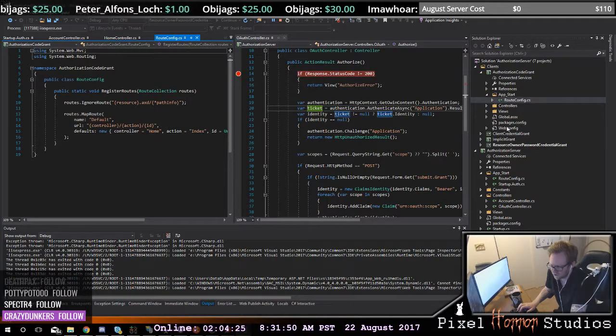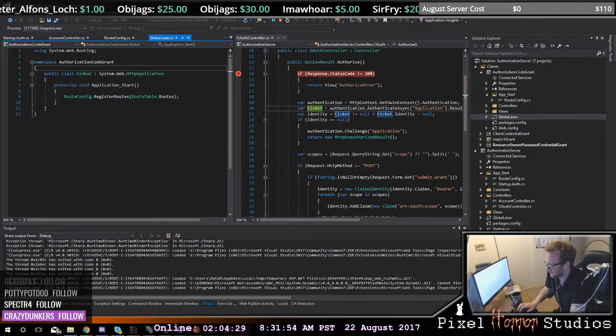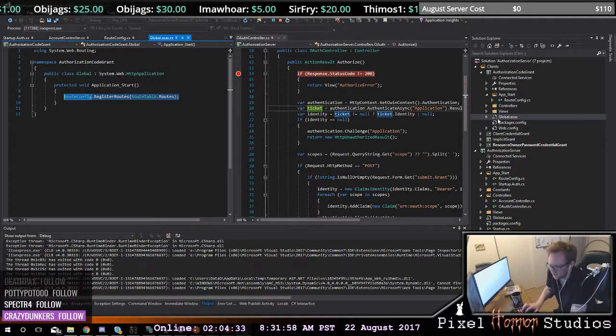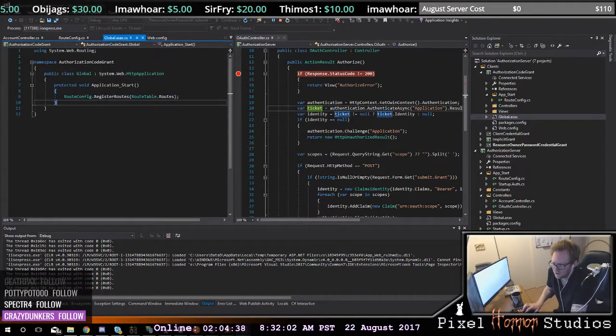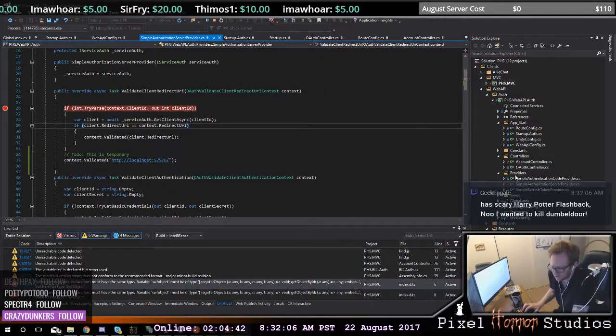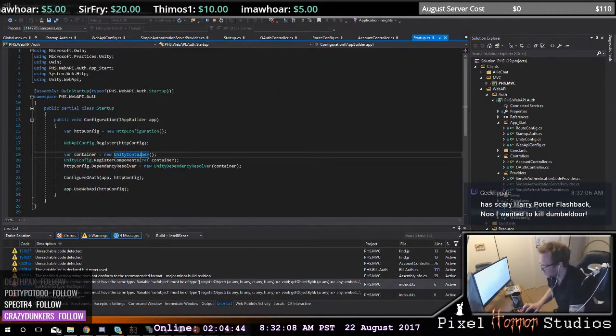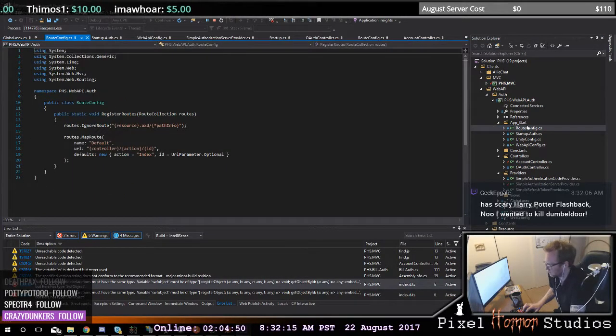So in my startup, you are registering this route, but you're doing a separate... Oh, sorry. Over here, you are registering a separate Web API config here. So that means that in your routes,